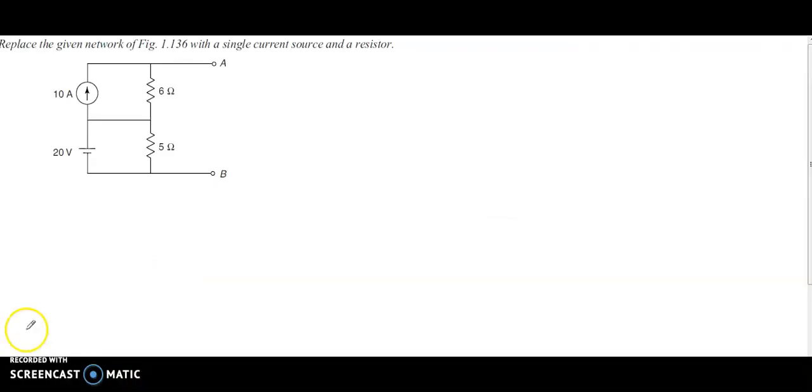Here the question is, replace the given network of the figure with a single current source and a resistor. In this problem, we can see a current source with a resistor in parallel and a voltage source with another resistor in parallel. A voltage source with a resistor in parallel means there is no significance of this resistor in this circuit, because there is 20 volt in this region, because the 20 volt source is connected in parallel to the 5 ohm resistor. So we can rearrange this circuit as